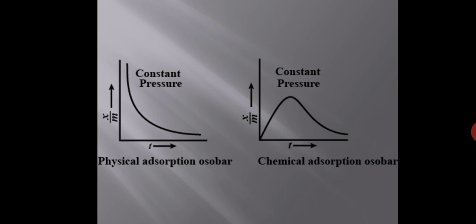So why does it initially increase? Because the heat is required, which acts as an activation energy to reach the threshold level. Once it reaches the threshold level, since the reaction is exothermic, even if you still provide heat, the reaction will proceed in the backward direction. So it shows the downward curve, you see it here. So this is your graph of adsorption isobar for physisorption or physical adsorption and chemisorption or chemical adsorption. Okay, so this is all about